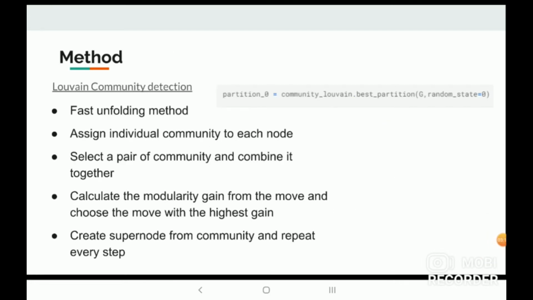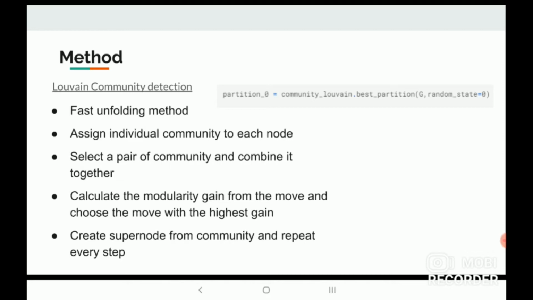The next one, the method we use is Louvain community detection, also known as the fast unfolding method. We assign an individual community to each node, select a pair of communities and combine them together, calculate the modularity gain from the move, and choose the move with higher gain in the nearby. Then we create a super node from the community and repeat every step again.